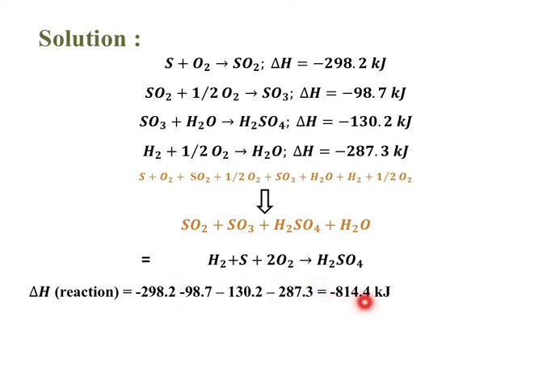So this is how we calculate the enthalpy. This is similar to a mathematical equation. If they alter your equation, like H2SO4 gives SO3 and H2O, then we should reverse the equation, so as to reverse the sign of the enthalpies. And if we get a half coefficient like that, we should multiply to convert into a similar form that could cancel. Okay, we will see different sums like this in the next one.